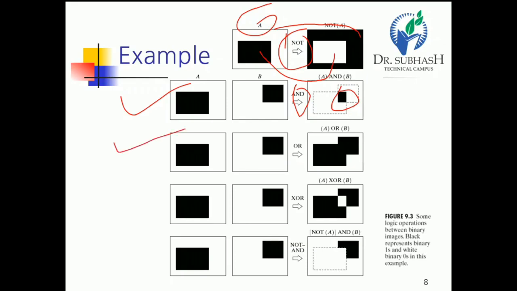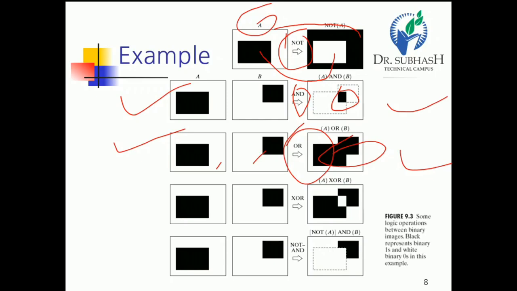Now the next one is the OR operation. This is the value of A, this one is B, and we find the OR operation. Dear student, we know that the OR operation is the addition operation, and addition means A plus B. So we take every portion of A and B. That is the result. Otherwise, the AND operation is also called the intersection, and A or B is represented as the union operation.